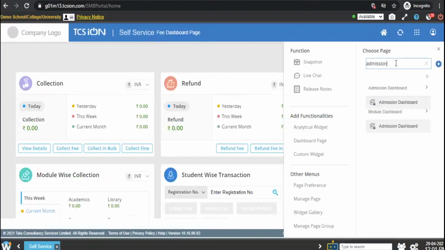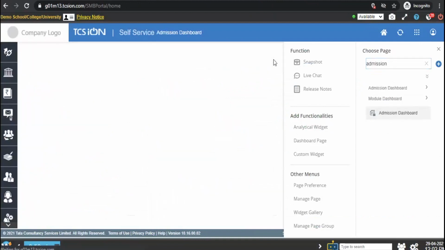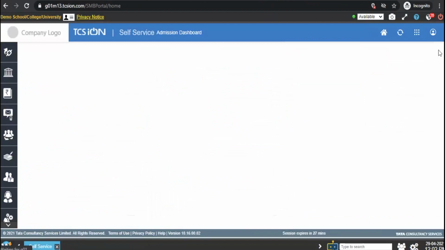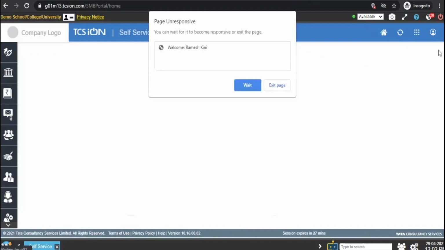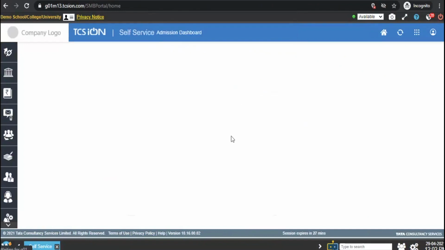There is another dashboard that will be provisioned for the admission department as well. So the admission department will have a holistic view of the number of seats that were available for taking admission, the number of seats for which the allocation has already been done, and the number of vacant seats. They can generate a report corresponding to all the programs and the awards for which they are taking admission.